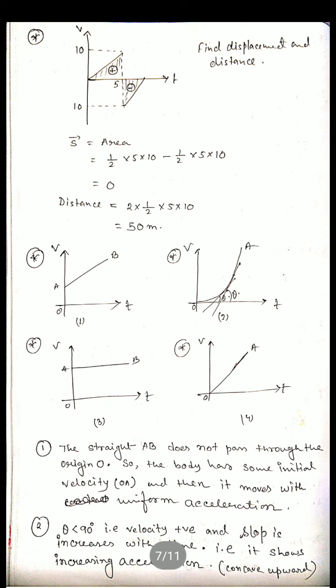Now here I will draw a different kind of velocity time graph. The first one, we find out the displacement and distance. If we find the displacement, it means area. The first part is in the positive direction, the second part in the negative direction. So what will be the displacement? Displacement means the shortest distance between the 2 points. So the area of the first part minus the area of the second part gives displacement 0,